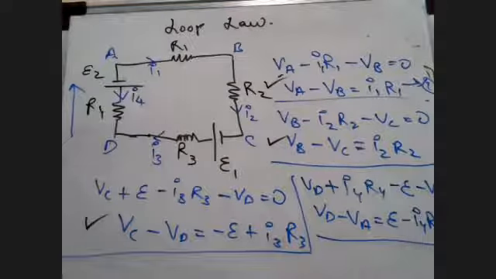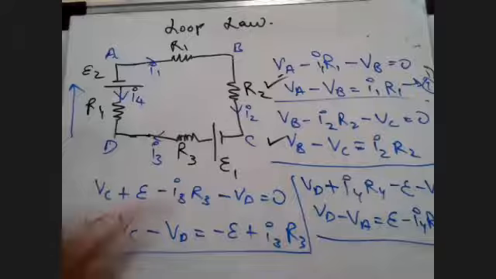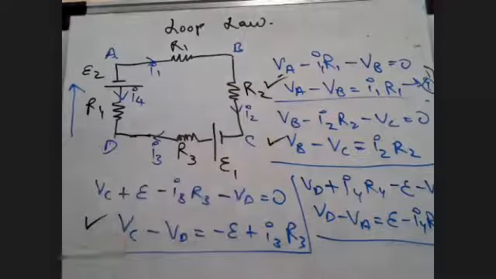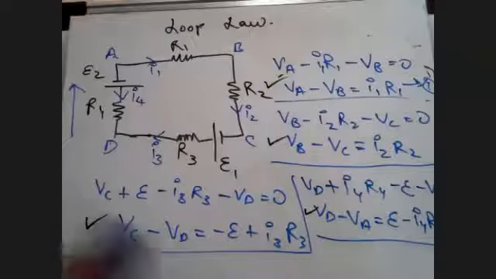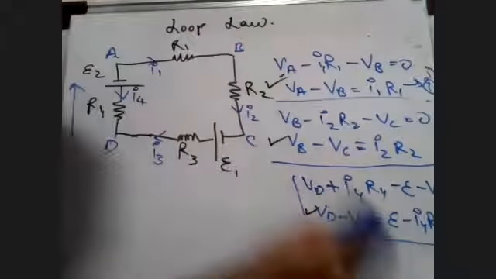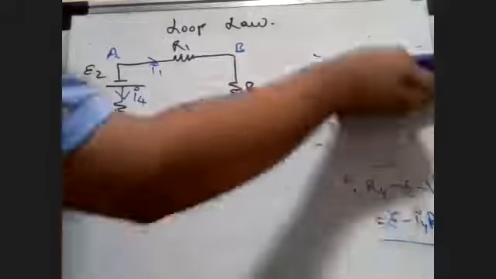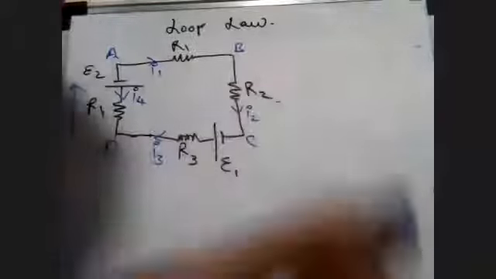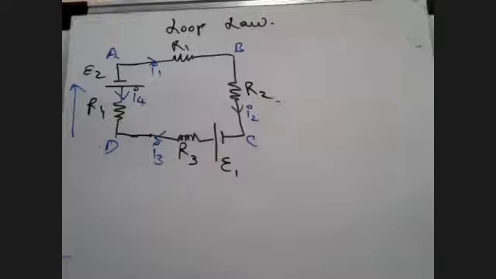Okay. So if you add all these equations, what will you get? First, second, third, and fourth. Can you add it? Should I write it again, all the four equations, or will you add it like this only? What will you get? I'll just rub it off and write it again. Only the four equations. The total potential is 0. Yeah, the total potential of this will be 0.